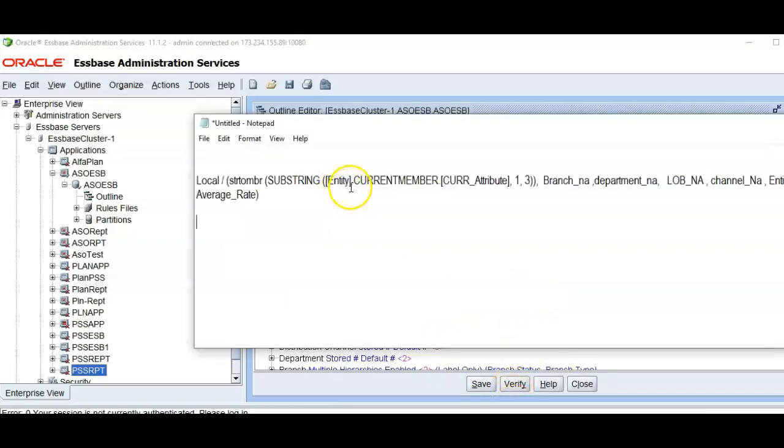So the syntax is entity dot current member dot attribute dimension name. This will bring the entire attribute name, but I need only the first 3 characters. That's why I'm using the substring function. In MDX, the start position will be 1, whereas in BSO you have to use @substring, and the start position will be 0. Now the substring function will bring the first 3 characters, which is nothing but our currency member name,